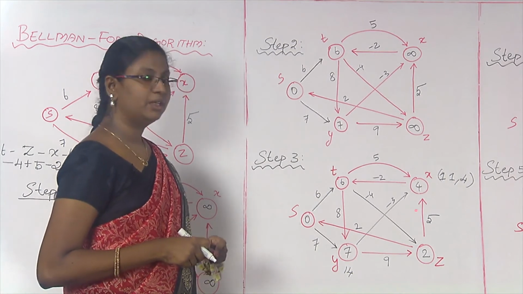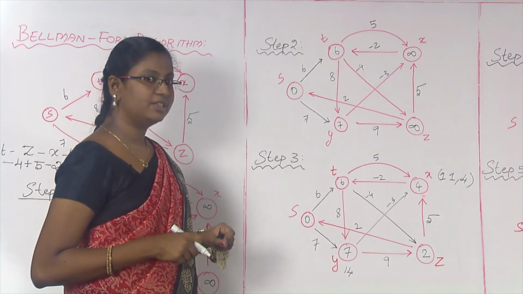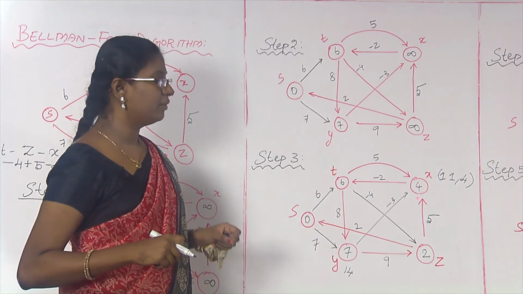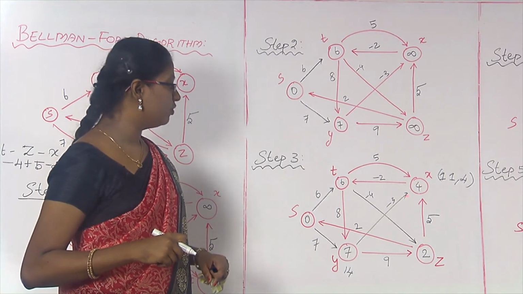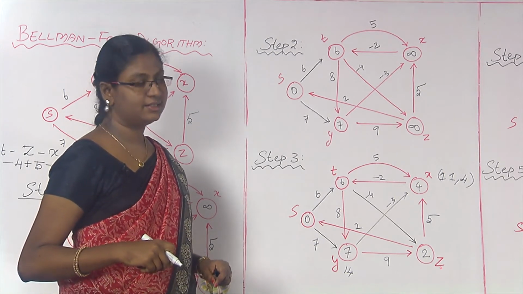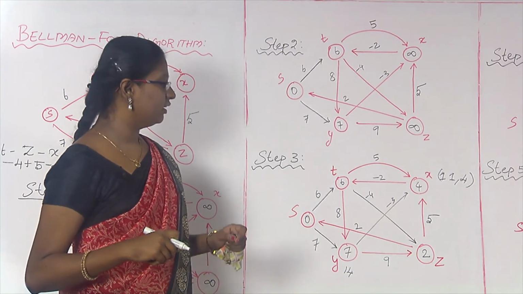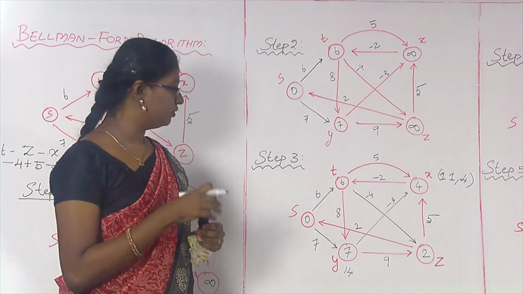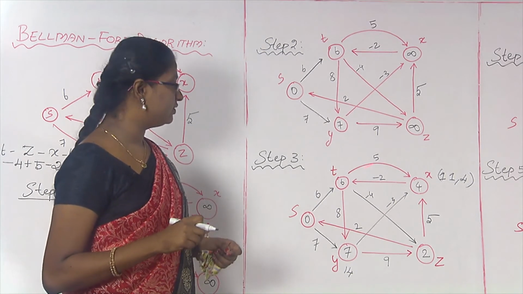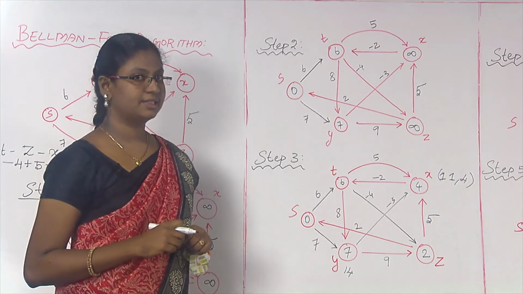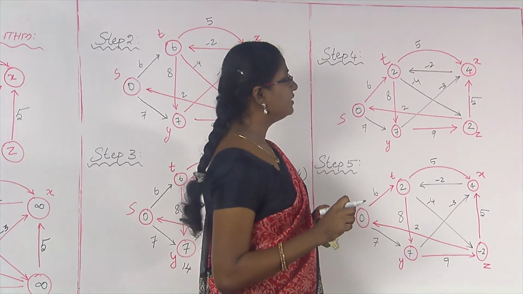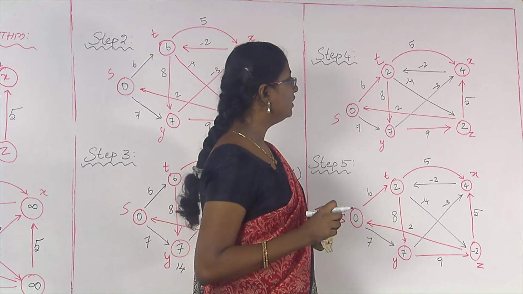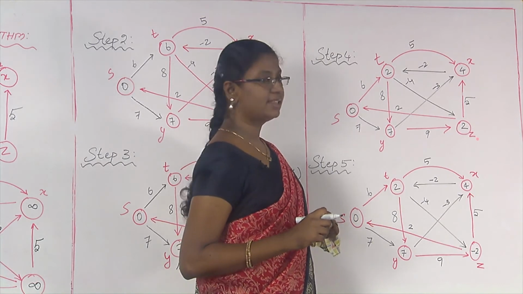In this step, at the end of this step I find the weights as 4 and 2. So, from s to x, the distance as of now is 4, and from s to z the distance is 2. We are going to go for the next step so that we can find whether there is any path from s to other vertices with a smaller distance. We assigned weights to the vertices x and z. Here we assign 4 and here we assign 2.